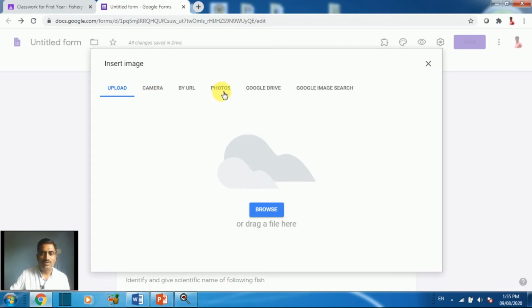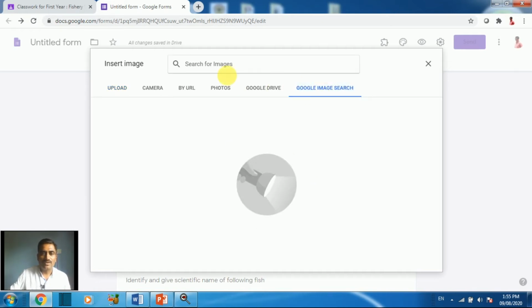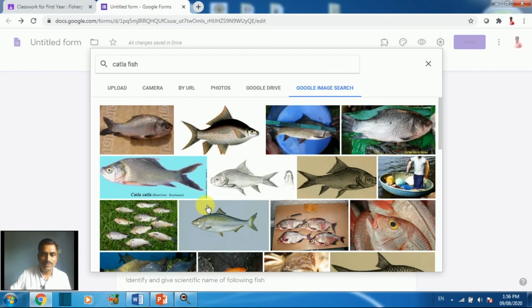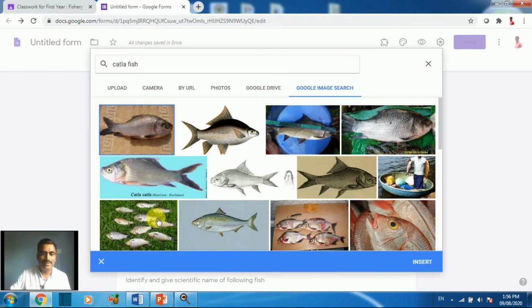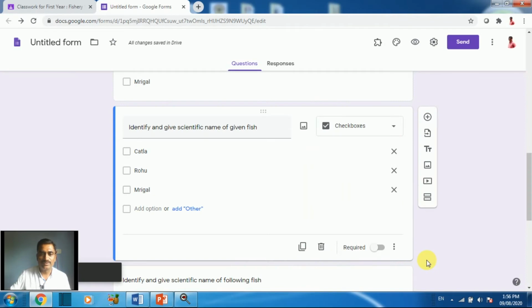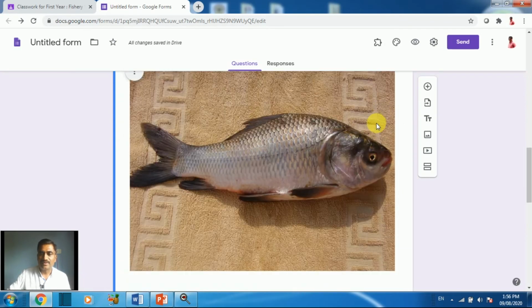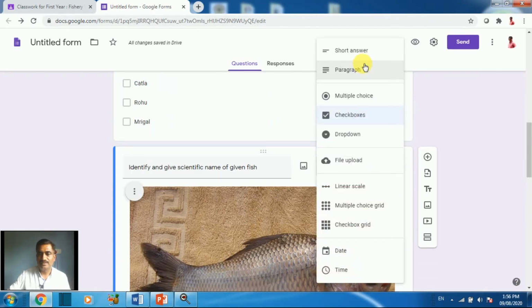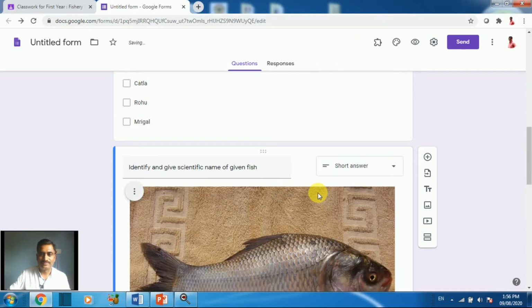You can add photos from Google Drive. If you already have the images, you can add them here, or you can search from Google. Just select Katla fish. The image will come here. Select this image and click insert, and set the answer as a short answer question.